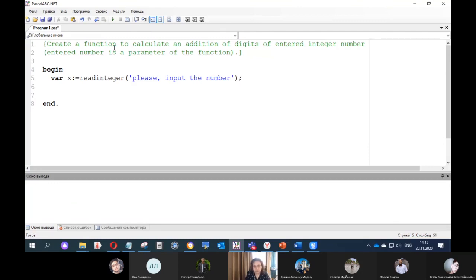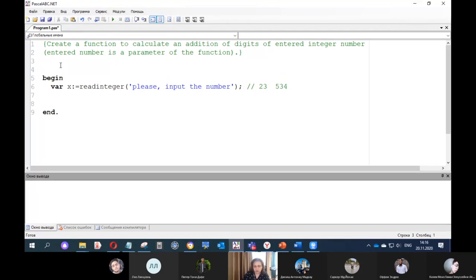And we don't know what the number will be. It may be a 2-digit number, for example, like this, 23. It may be a 3-digit number, for example, 534. It may be a 4-digit number, yes. So we don't know how many digits there will be inside this number. And we must get these digits and understand how many of them there will be. We must do it inside the function. And we must,